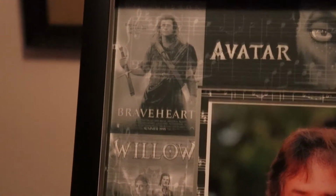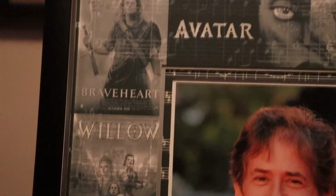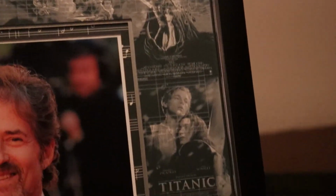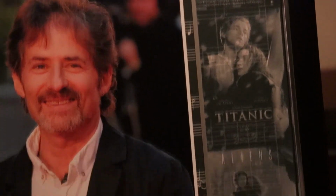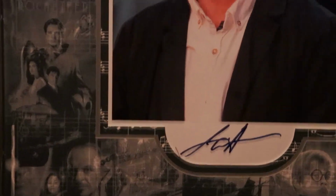Excuse me. One of my favorite movies, of course, was Willow. I loved Willow. Still do. And so the music notes are all from that movie, Willow. So we integrated that into that. In fact, you can even see it just right here a little bit too, as we just kind of made it pass through. So the other thing is, once again, I had a little hidden gem put in here,